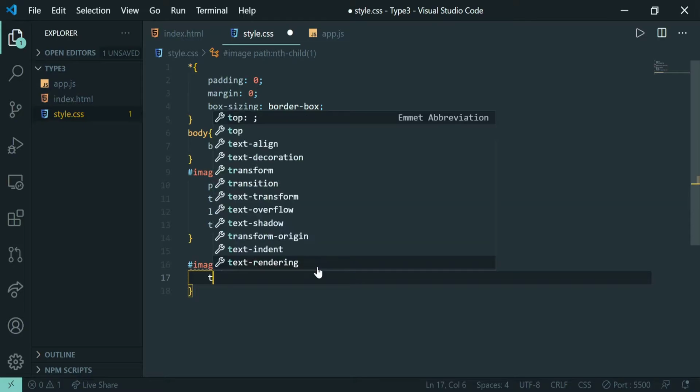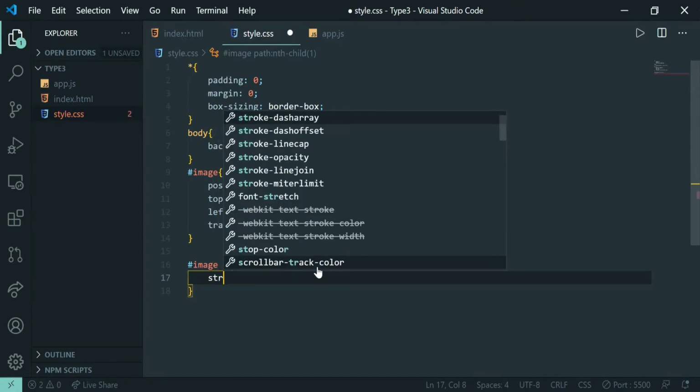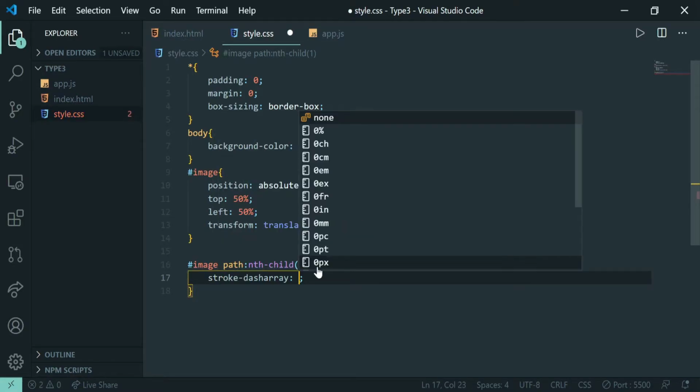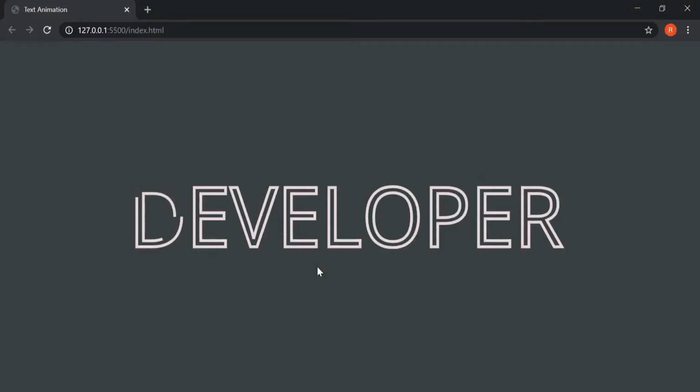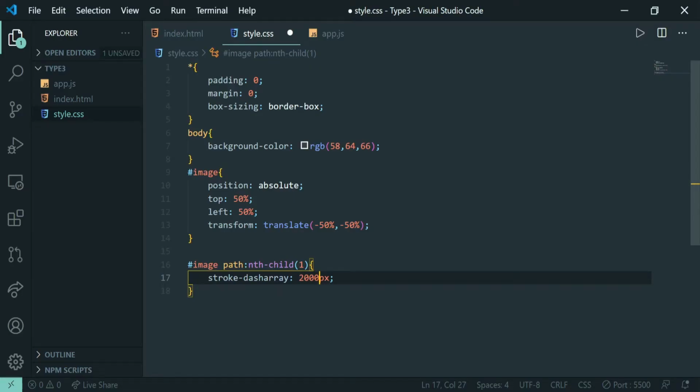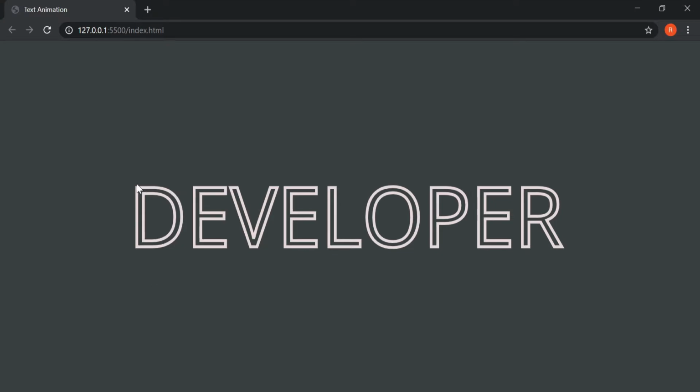And now let us use the property stroke-dasharray and give this 200 pixels. So what will this do? This will basically help us to give some spacing to our letters. Like if I increase this, it will become full, because we want to animate this thing, right?